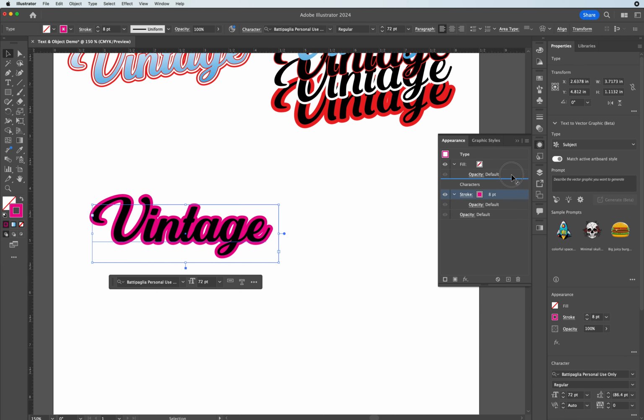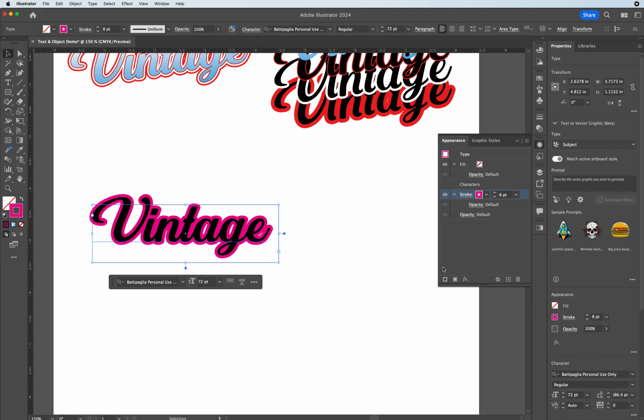So it's just a matter of rearranging the layers to organize it to what you want. If I have the pink on top, just click and drag it down, and I can drop it underneath the fill or drop it underneath characters so that we're seeing the pink text behind the black type. Once we have this one stroke, we're going to look to apply the same type of method that we did